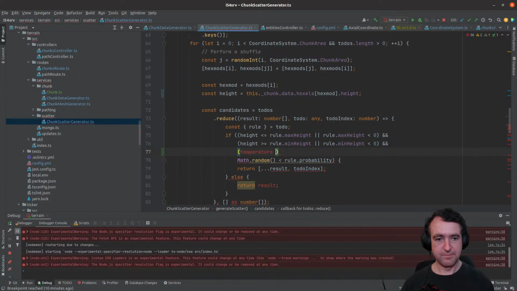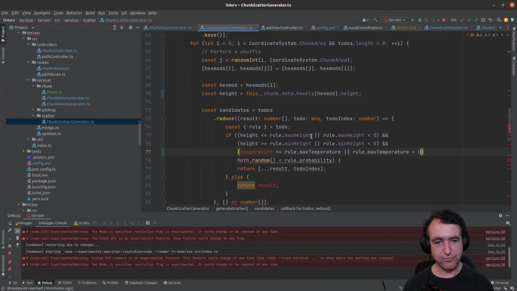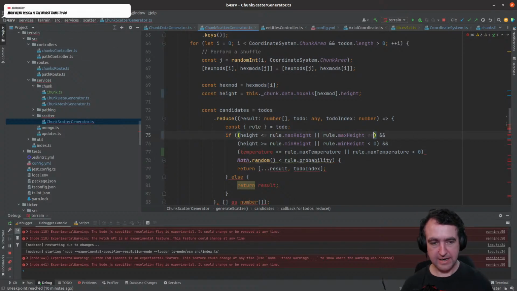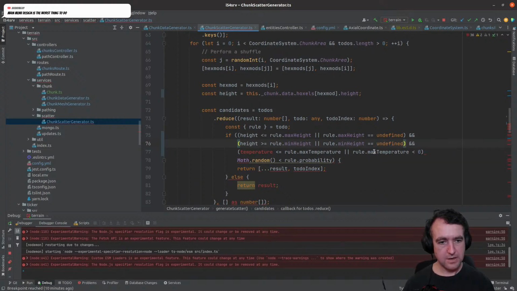If temperature less than or equal to rule.max temperature or rule.max temperature less than 0. Out of interest, these are actually wrong now. It should actually be if these are undefined. Rule dot max temperature is